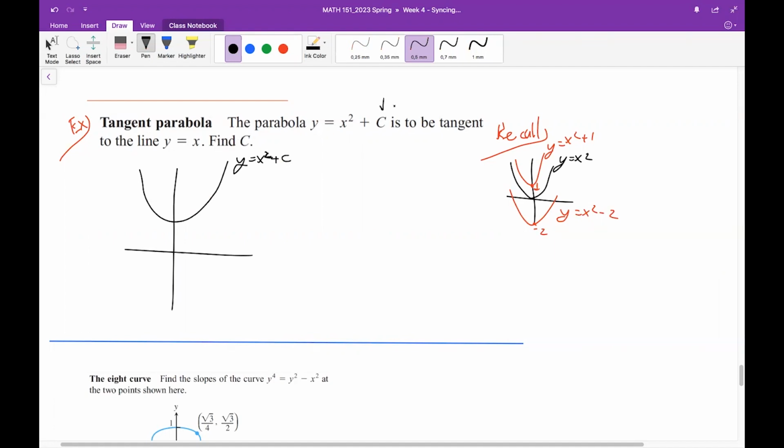So there is an arbitrary constant c here, and we want to find a number c such that our parabola, I want to draw a tangent line, is tangent to this line, y equals x, at some point. We don't know at which point it is tangent. Let's call this point A. So to make this happen, what should be this number c? The question is like that.